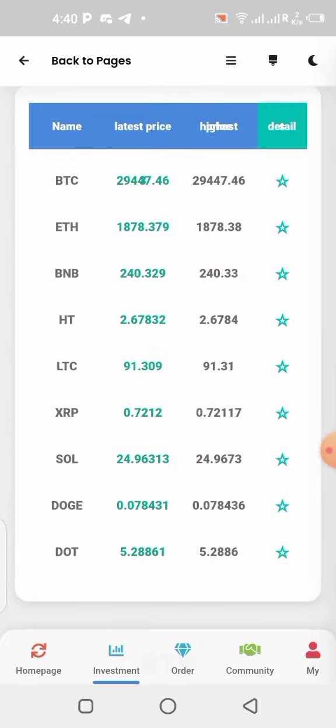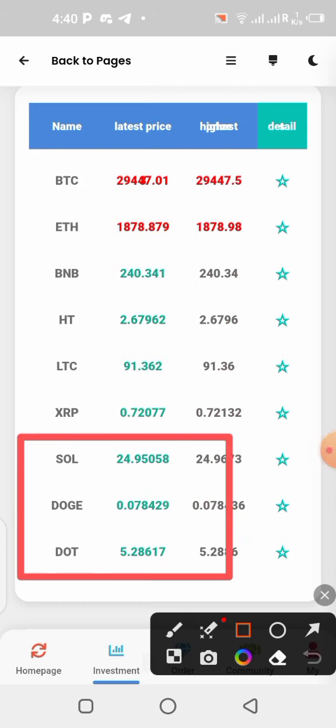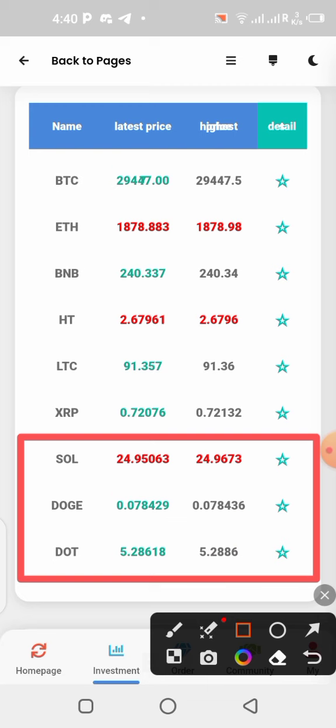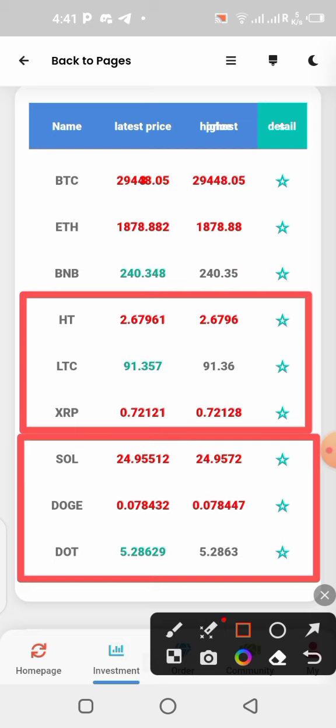Now, what you should do here is, if you are using a $50 account, you can only fund these three cryptocurrencies at the bottom here, because that is the minimum you can trade with $50. So if you funded your account with a higher sum, maybe like $100, you can trade these three also. For these ones, the minimum you can trade them with is $100, and anything above 100, let me say like 2,000,